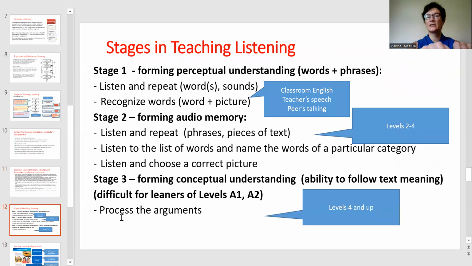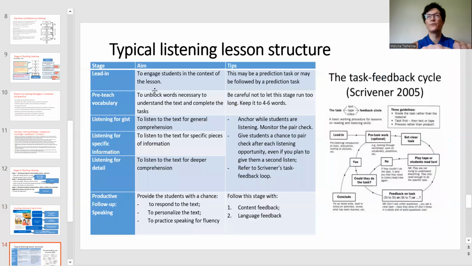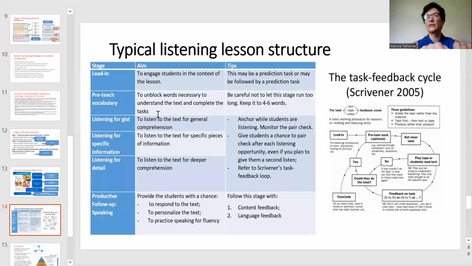At the same time, we remember that there are stages for teaching listening, and we usually don't have listening lessons at the beginner stages, but at the advanced stage, the listening lesson will have this structure with lead-in, pre-teaching vocabulary, listening for gist, listening for detail,